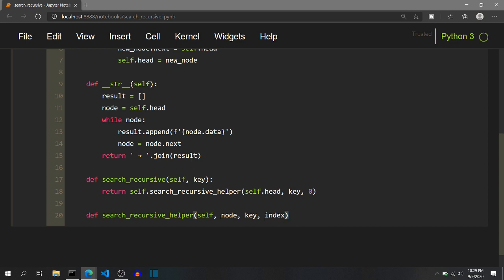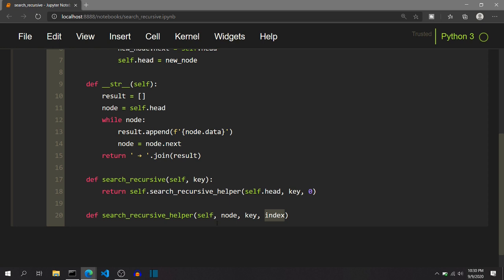And if you're familiar with the iterative code, the node and the index are the variables that get updated in the while loop. So if you want to convert an iterative code to a recursive code, you just need to keep track of what variables are updated inside the while loop.